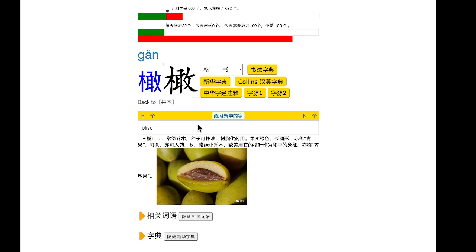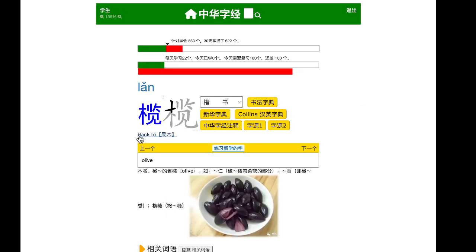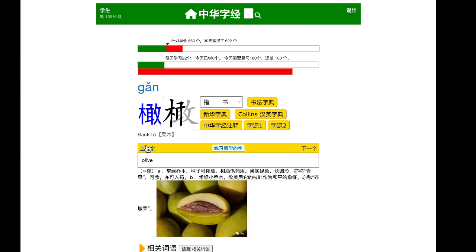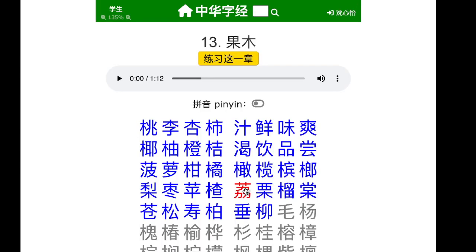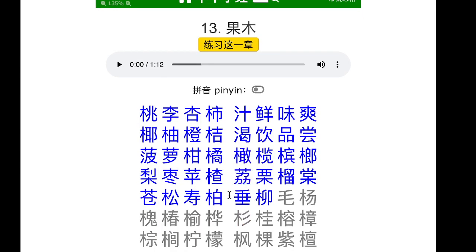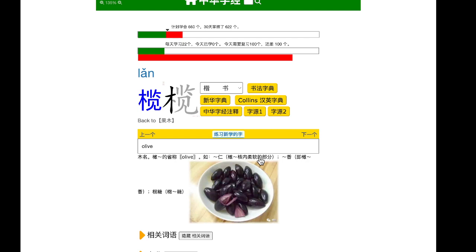Gan is together with the next one, lan. Gan means olive. And these words are not really used in anything else except for referring to olives, especially this one. Lan is also going to be used for other types of olives. Ganlan is specifically the ones that are green on the outside with white flesh,